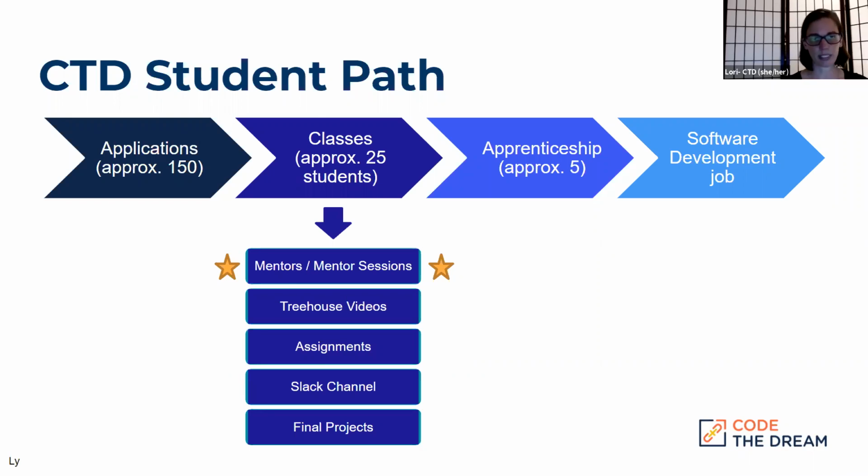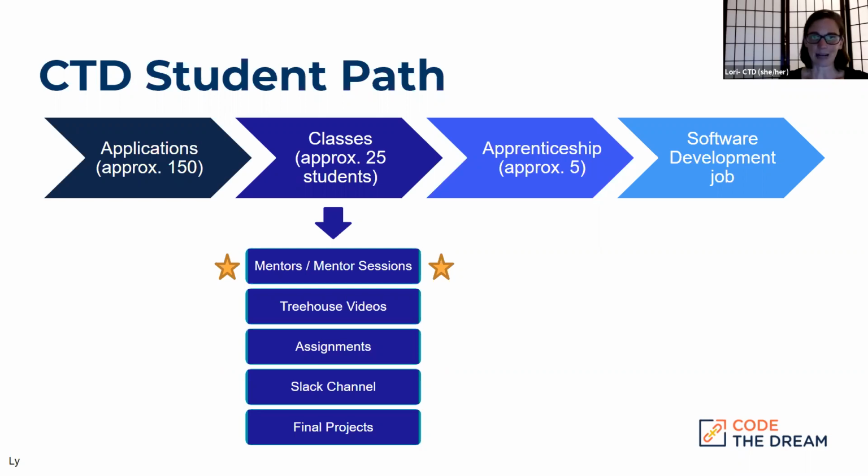Following the classes, we will take a very small percentage of class graduates on to Code the Dream Labs apprenticeship program. We also have a practicum program that is designed to give students some practical experience working in a team, because our classes do not really cover group work. So that's an important aspect that they're missing through the classes right now. That is something we may be incorporating in future classes, but right now the practicum is still a very important way that they can gain those group skills following the classes.